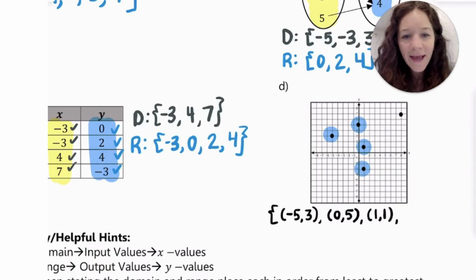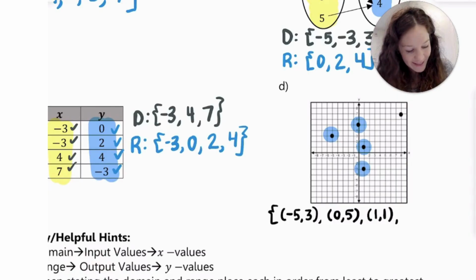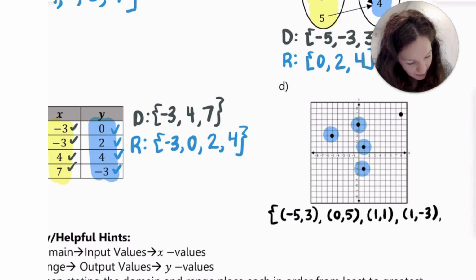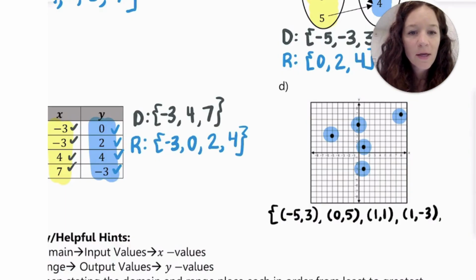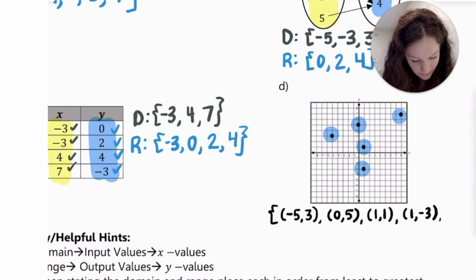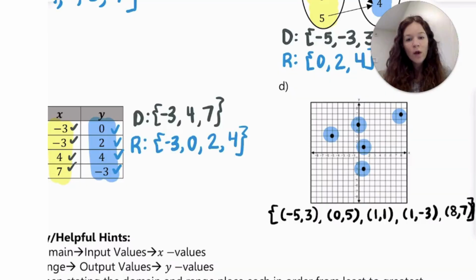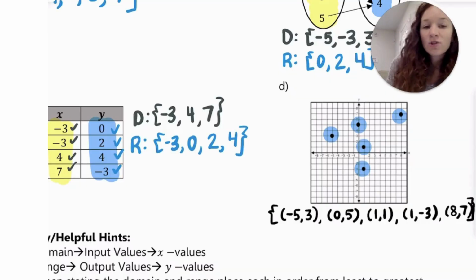Next, we have right 1, down 3. So that's going to be 1, -3. And last but not least, we have this point out in right field up there. It is right 8, up 7. So we have 8, comma 7. Now the good news here is if you worked from left to right, hopefully the majority of your